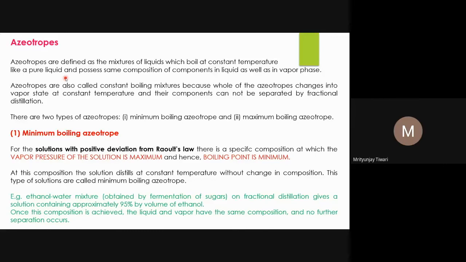Even though the mixture was formed of two components, they have different boiling points, because they are two different substances. So ideally both the components should boil at different temperatures. But if they form an azeotrope mixture, both the components will boil together, they will go into the vapor phase together. Means whatever composition you see in the solution, the same composition you will obtain in the vapor phase.